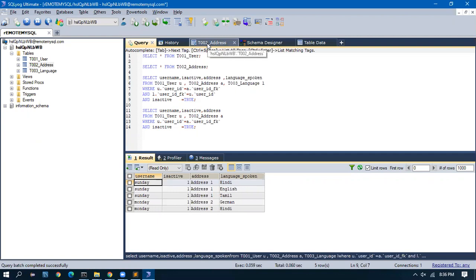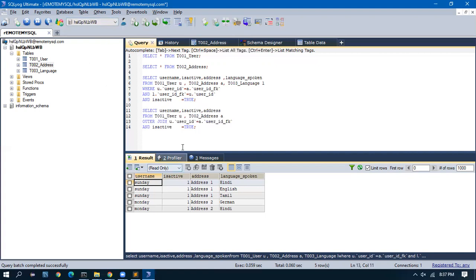Here, instead of where, I just have to give outer join.